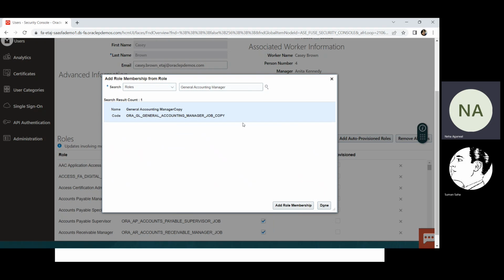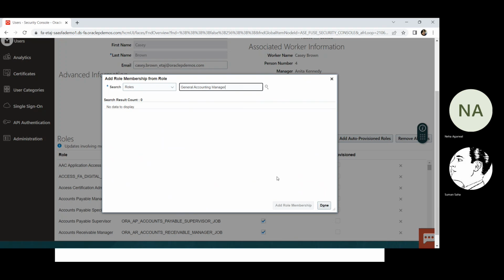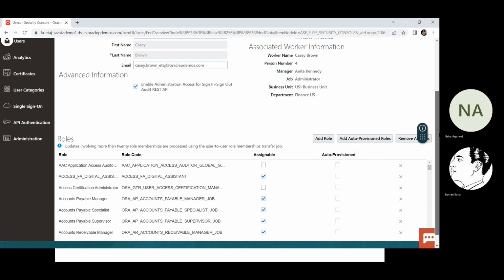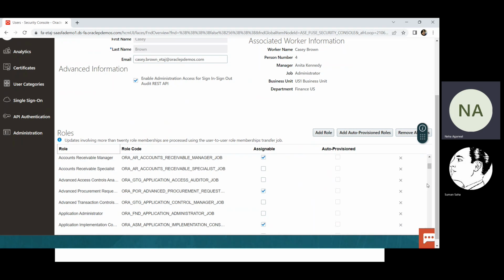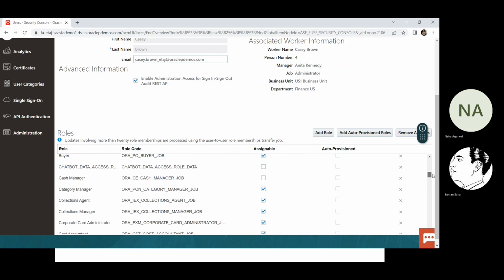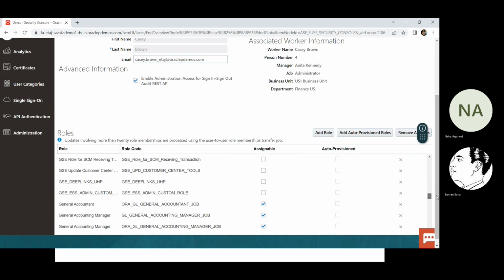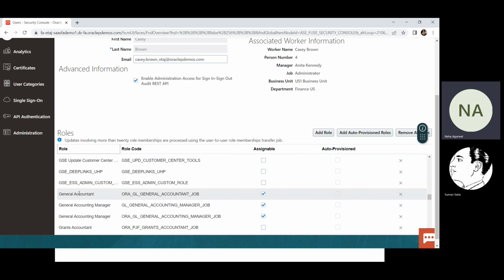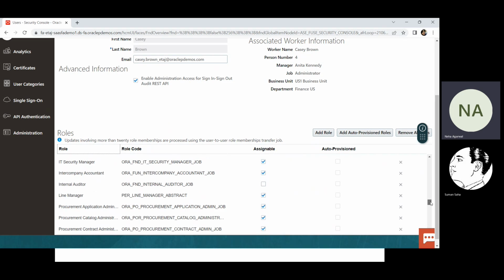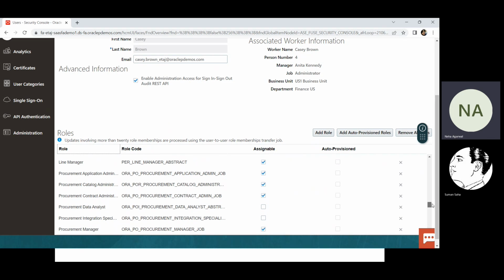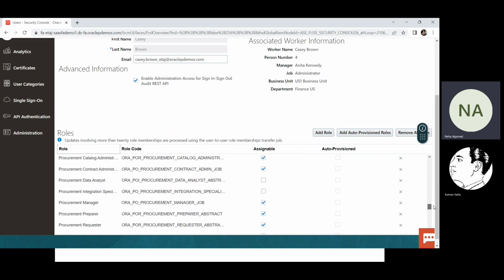All these are the copy roles. If I click on add role membership and then search for this role, nothing will come up and this will be faded. So this is what I was telling. So already my user has various roles. See the general accountant and the general accounting manager. Both roles are already there. Two I have provided, which are the copy roles. So these are the roles, and the other one was